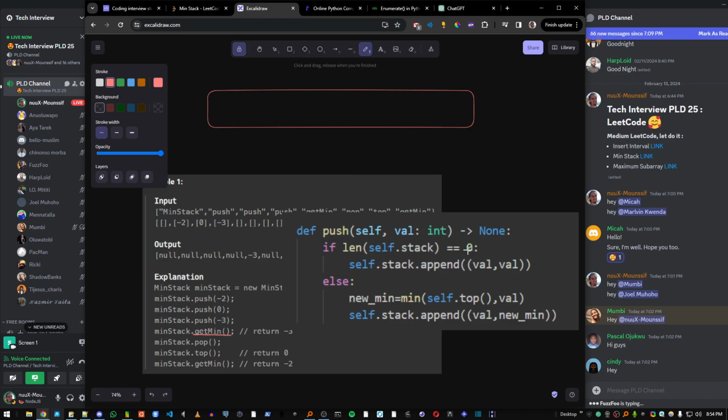Now if the stack is empty, we're gonna push the value, which in this case is -2, so it's gonna be -2, -2. Now we're gonna push another time, 0. We're gonna check is the stack empty, not, okay, else. Now I'm gonna append the value. No, calculate the min first. So I'm gonna append the value, which is 0, but when I get here, I